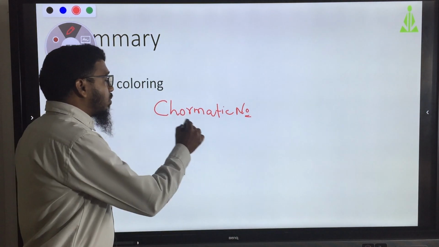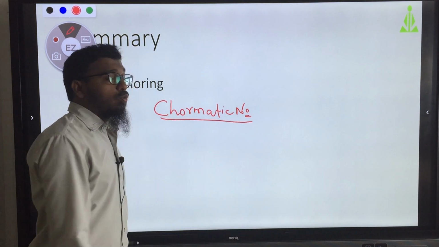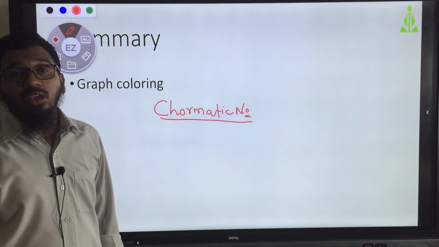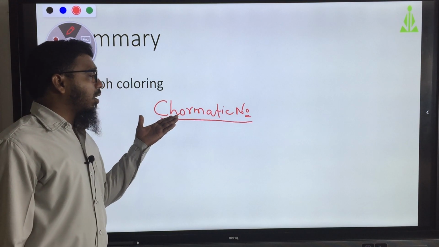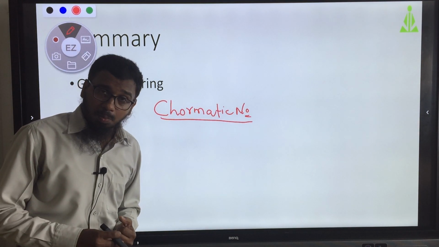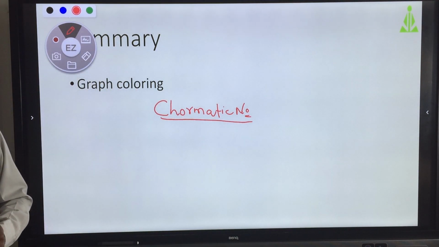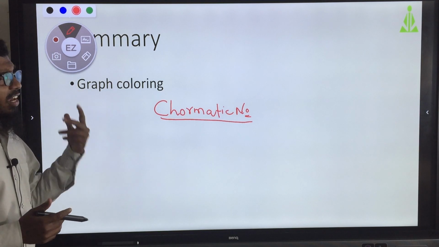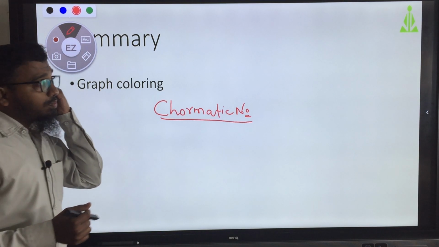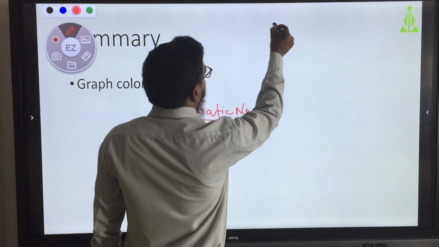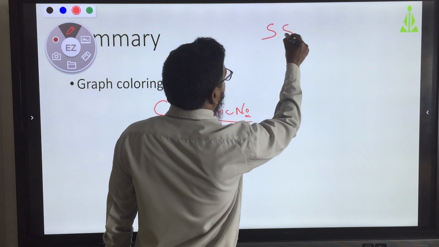How many colors you are going to use, that is called the chromatic number.